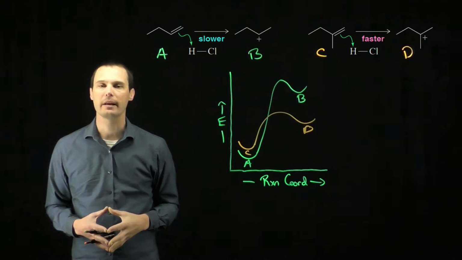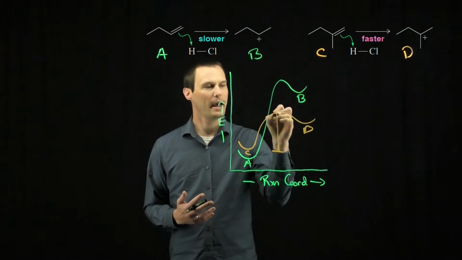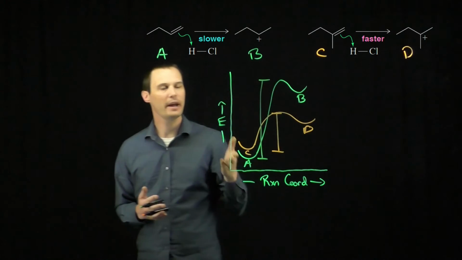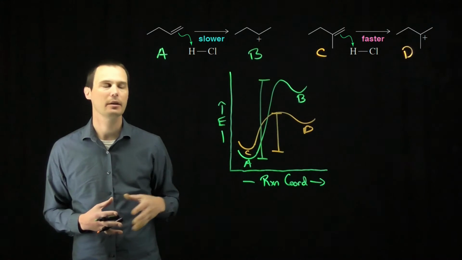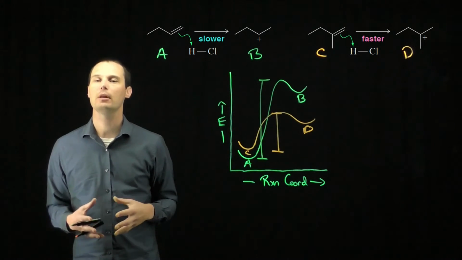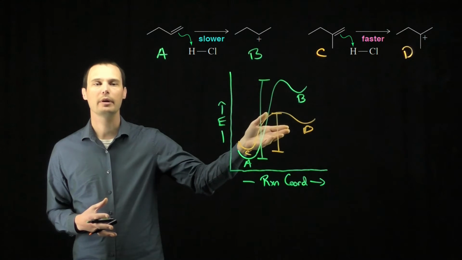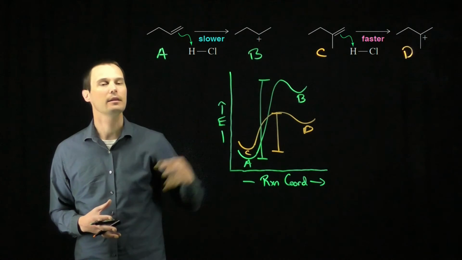stable tertiary carbocation intermediate. If we look at the activation energies for each of these two processes, we see that the reaction from A to B has a large activation energy to form the secondary carbocation, and the reaction from C to D has a smaller activation energy to form the tertiary carbocation. Because the tertiary carbocation is more stable, it has a smaller activation energy and will form faster than the secondary